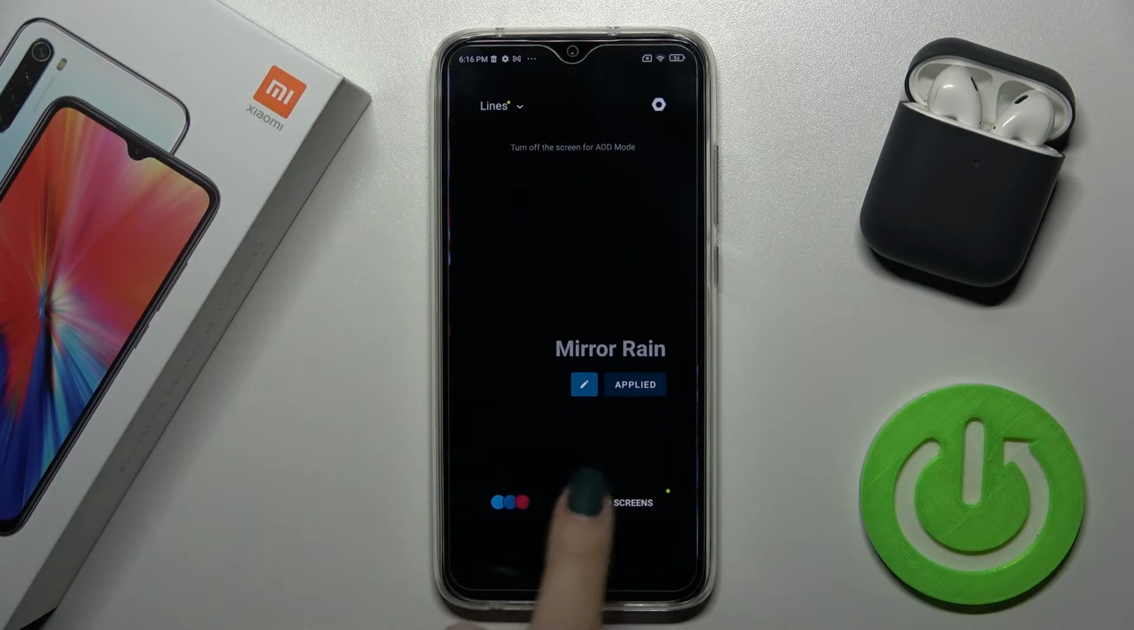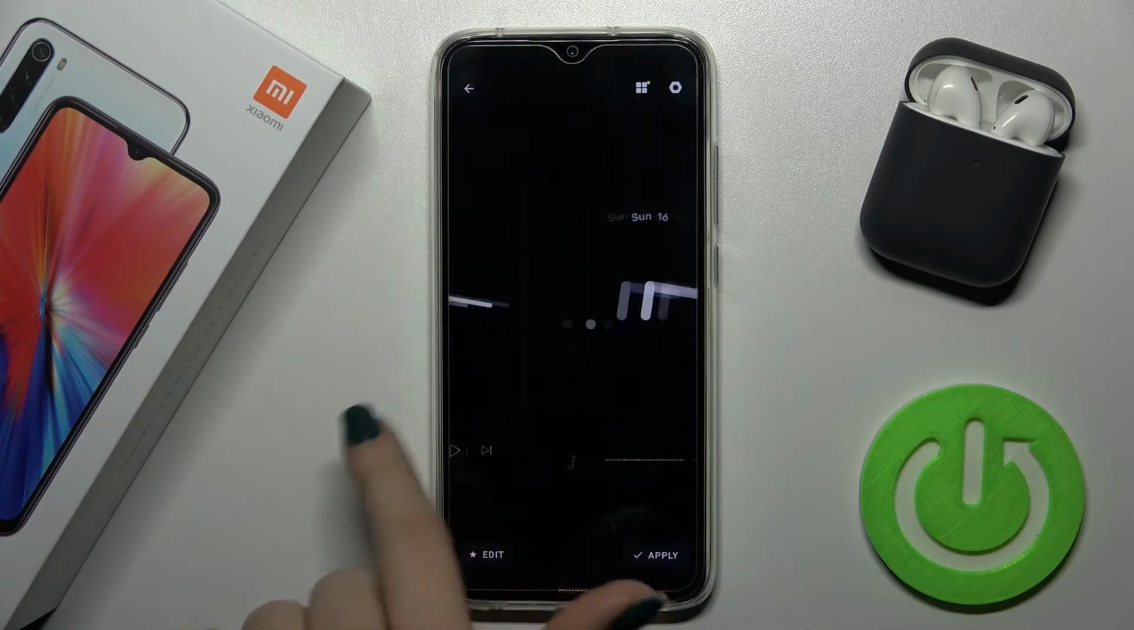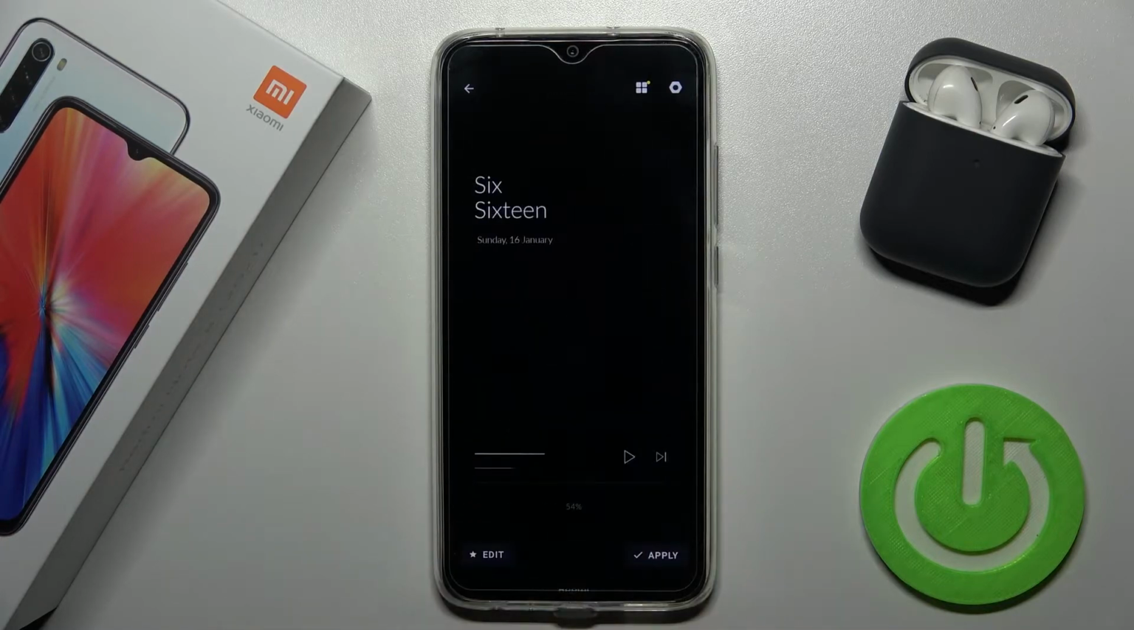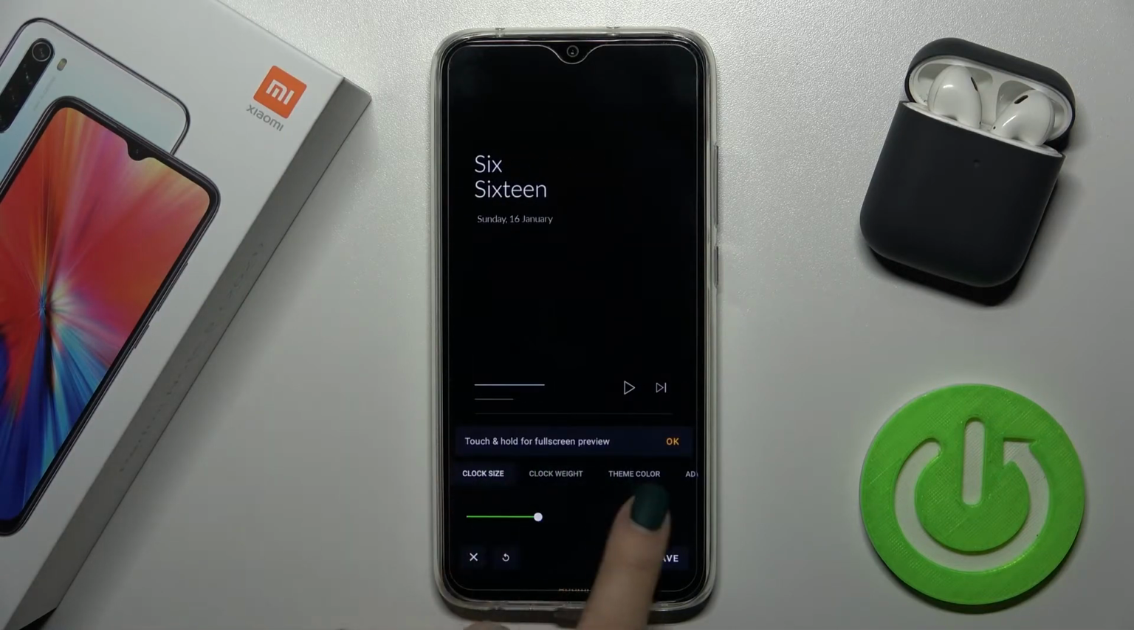And now to change this theme, tap here on the AOD screens, and here you can select one from this, for example this theme, and now just tap here to apply, and as you can see this theme is applied. By tapping on the edit icon in the left down corner, you can change the colors, the weight of the